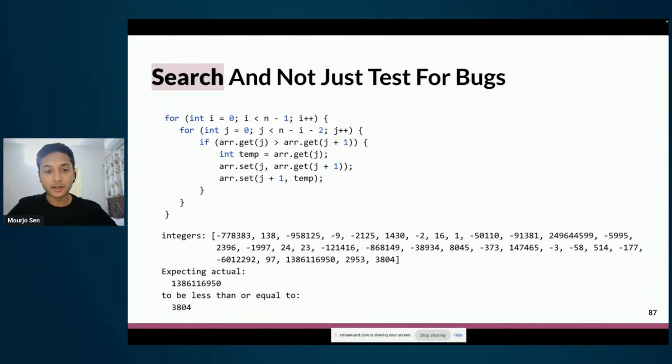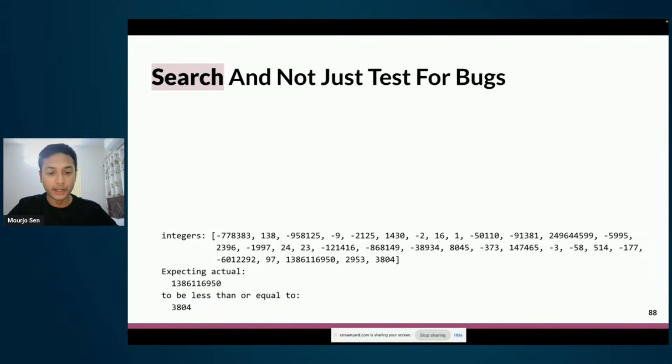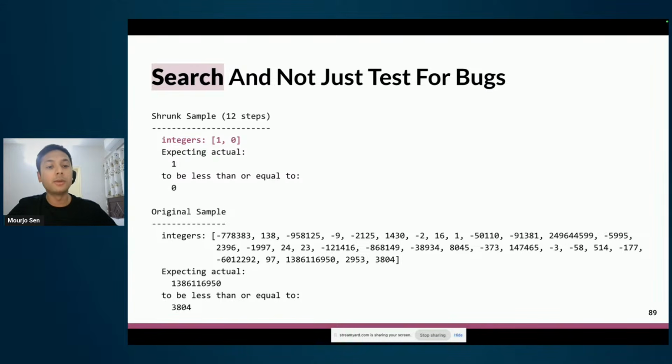So what the property-based test does is that it says, okay, I found this one problem, which is happening for a 20 element array. Something is not matching your expectation. But let me try to dig a little deeper and give you a smaller input which you can deal with. And it says that, okay, after 12 steps of reducing the input, the original sample, I found a sample which is a 2-element array. Now, this is something I can work with because a 2-element array is fundamentally much easier to understand or try out and figure out what really caused the problem.